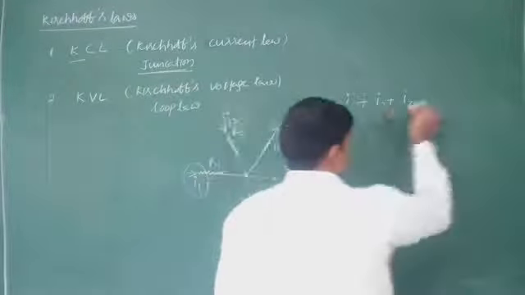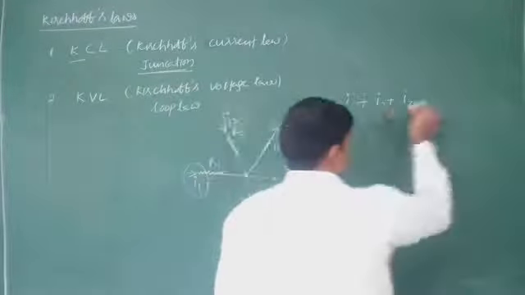According to Ohm's law, once again we go to the basic one, V is equal to IR. But here current is I, resistance is R1, therefore the potential drop across the first resistor is IR1. What about the potential drop across the second resistor? That is V2 is equal to I into R2. Potential drop across the third resistor, V3 is equal to I into R3.